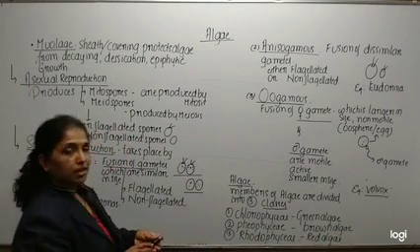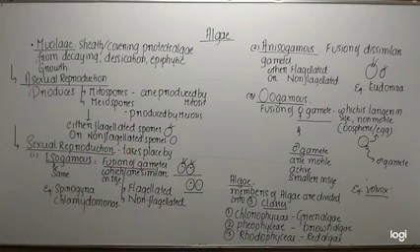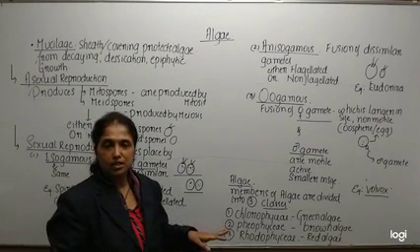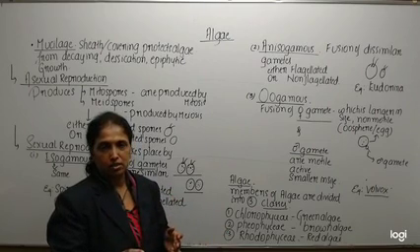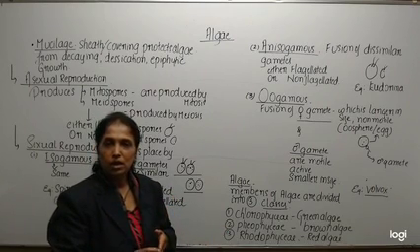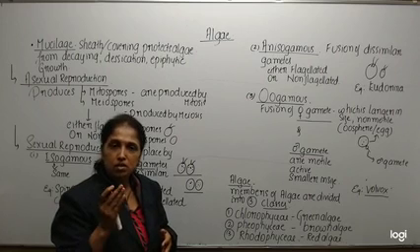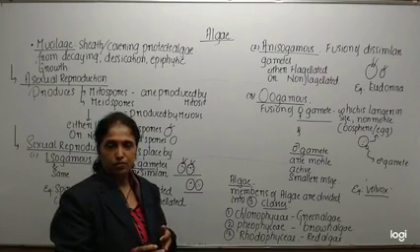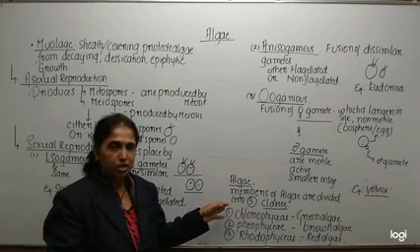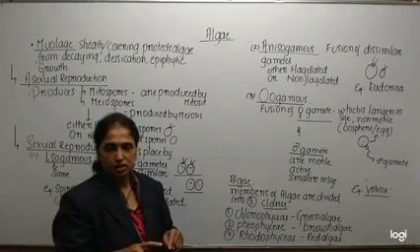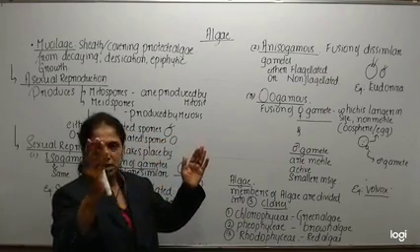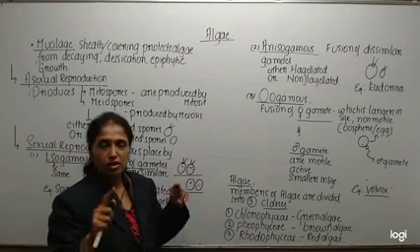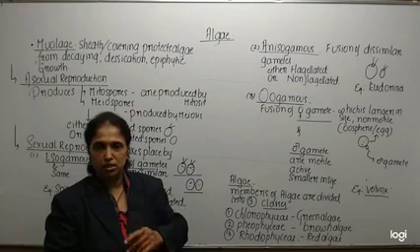So all these three classes with their characters and examples we need to discuss. These three classes are classified based on certain factors: nature of the cell wall, pigments present, reserve food material, number of flagella, and habitat. At the end of the chapter, after completion of this, we need to make a chart mentioning all the differentiation and comparison of all the three algae. When you make a chart, you can understand what the major differences are.